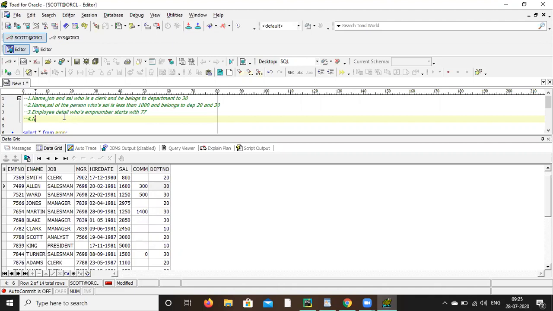Only one column, and that column name will be employee detail, EMP underscore detail. One column, and that column name should be employee_detail.